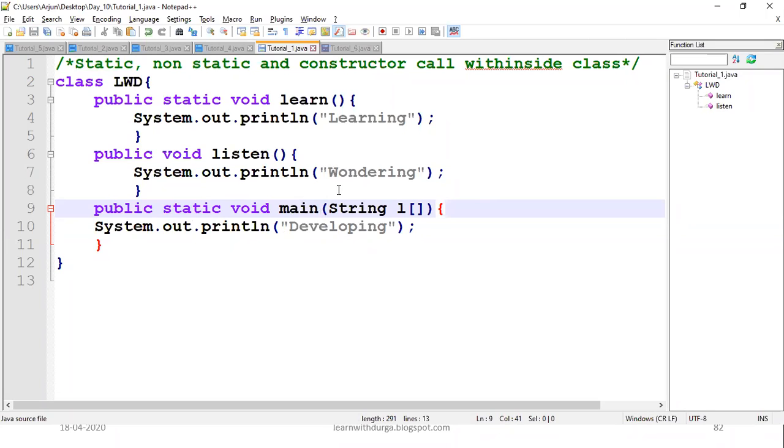If I execute this program, how many classes will be generated? How many classes are there? Only one class. Okay, now I'm going to execute this program. So what would be the output? Can anyone tell?